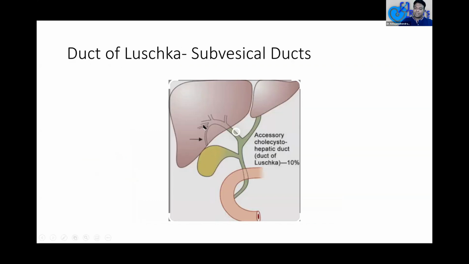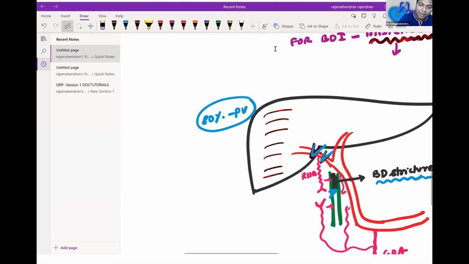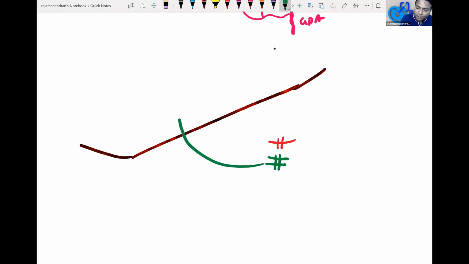So one another important thing which always causes problem is while we are doing laparoscopic cholecystectomy, we will be clamping the cystic duct. I'll show you as a diagram, you'll understand much better. So sometimes there is one anomaly, very commonly seen anomaly. So this is the liver. Now I have clamped the cystic duct. I have clipped the cystic artery also very nicely. I'm sure there is no other injury. I am going towards the gallbladder now. I'm dissecting from below upwards. Like this, I'm dissecting and going from below upwards.